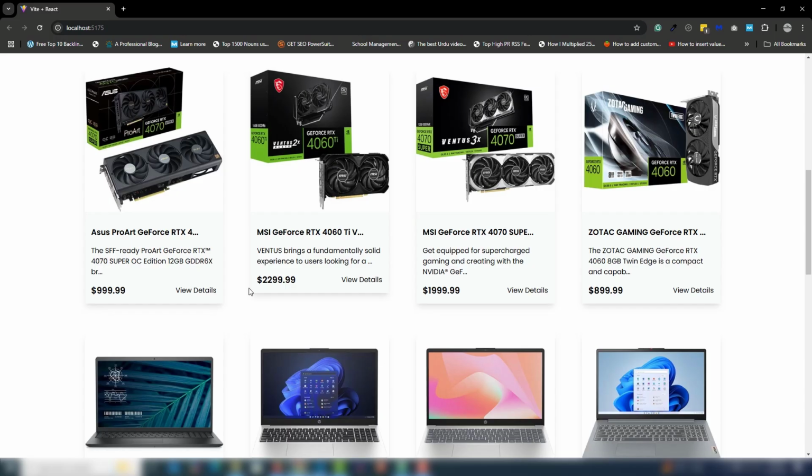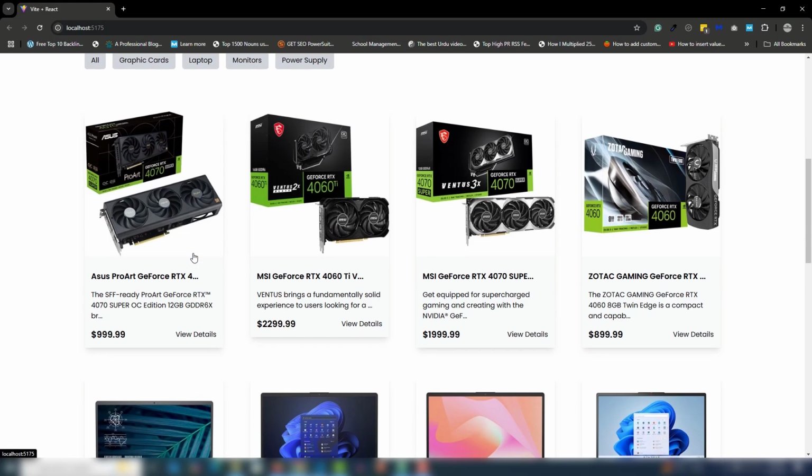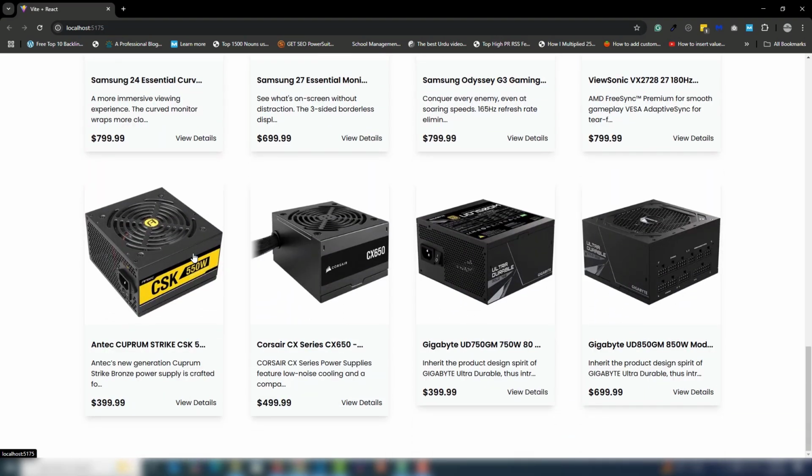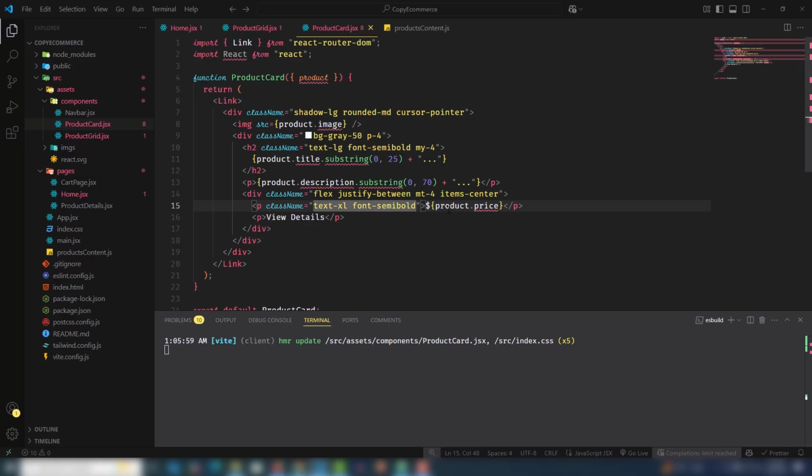So yeah, view details, okay, font semi-bold, and